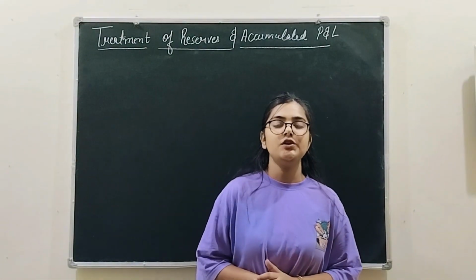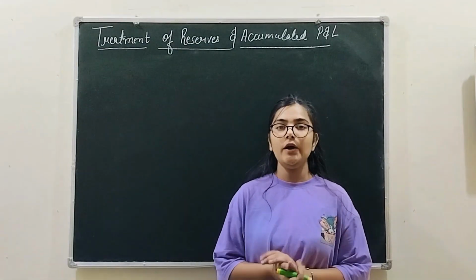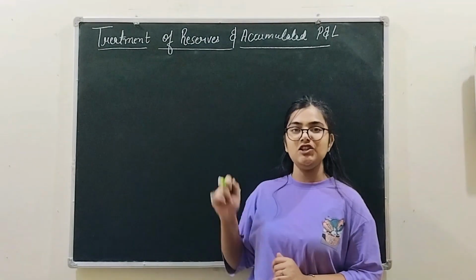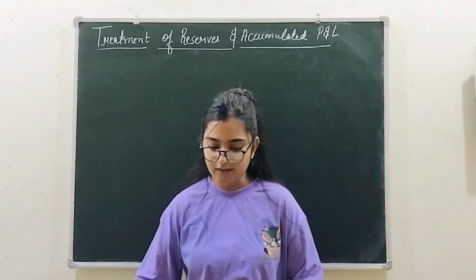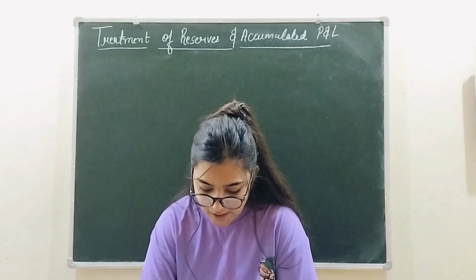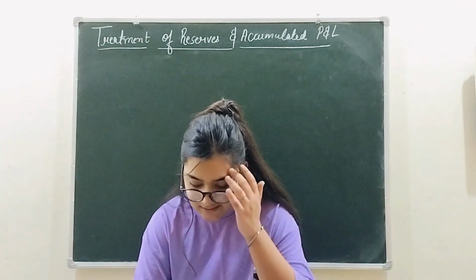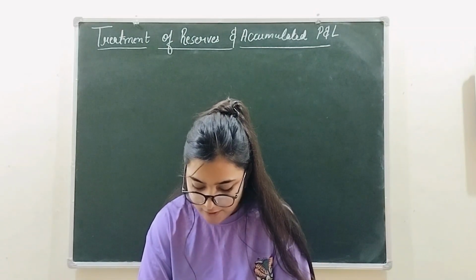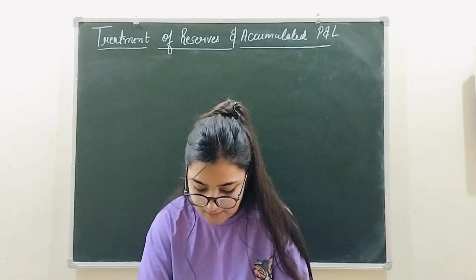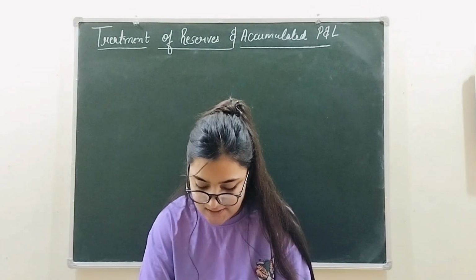Alright, so let's solve one question based upon your workmen compensation reserve condition. Right, now we are going to take one question based upon the four conditions that we actually learned just now. The question you can see on your screen: P, Q and R sharing profit and losses in the ratio of 3:2:1, decide to share future profit and losses in the ratio of 4:3:2 with effect from 1st April 2017. Following is the balance sheet extract as on 31st March 2017.